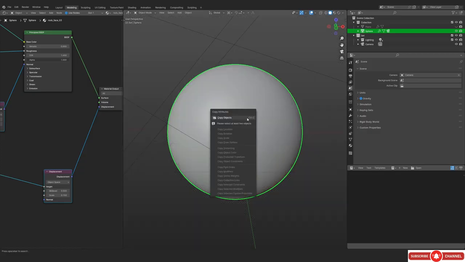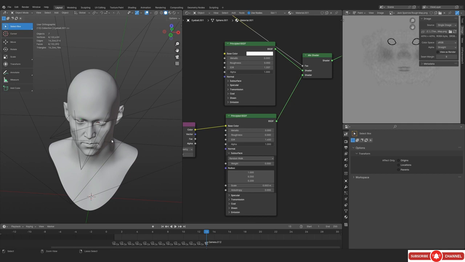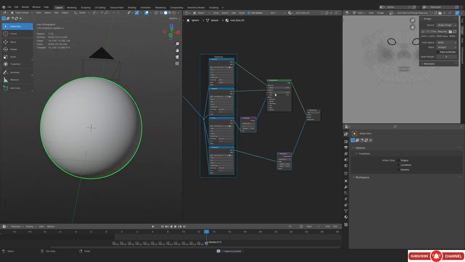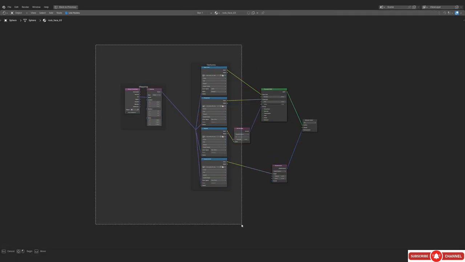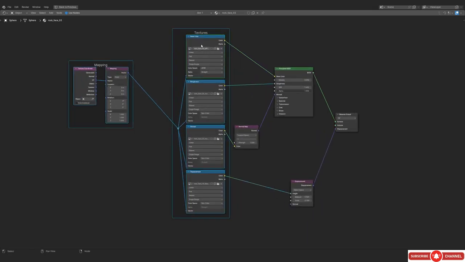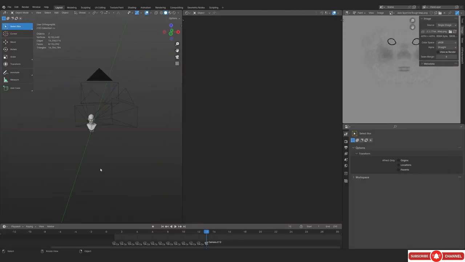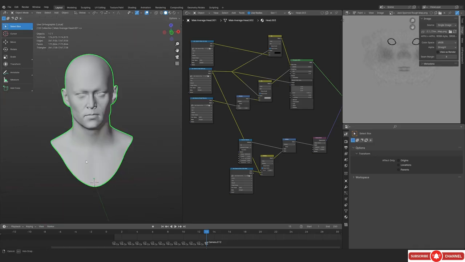But this is the file, and I'm just going to be copying the material, and let's just paste the material over here. By the way, you need to have the copy add-on enabled in order to do that. But in this case, we don't actually need every single node. We only need the displacement node or the normal node. We don't really need anything else. Oh yeah, also the color, because I want some variation in the color as well. So we are just going to be pasting them over here.